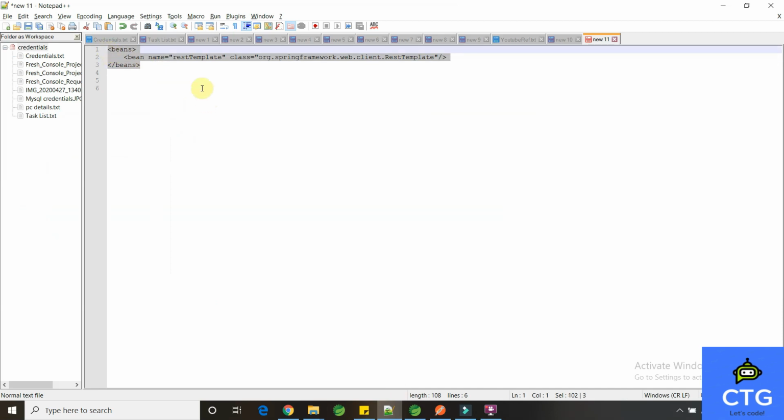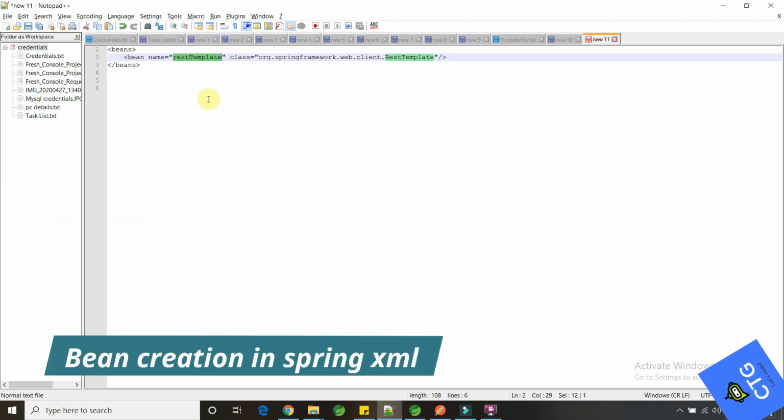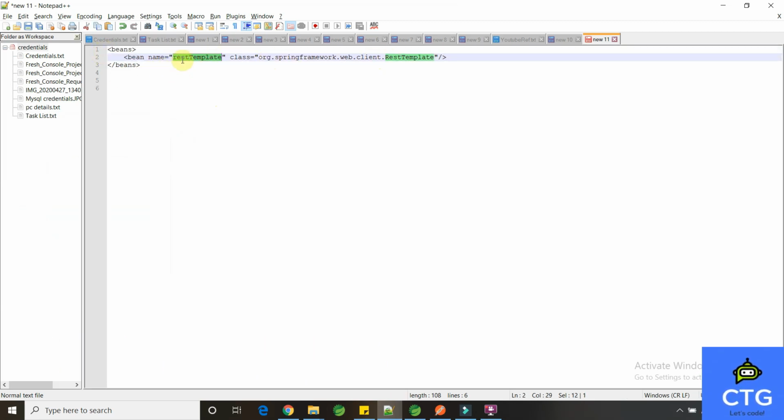In earlier days, we used to create all the bean definitions in XML. We would define the class path and name it with the respective bean name. Then we had to assign this object to the respective controller or service, either by creating a getter and setter or by using autowiring. Only by using that would we get the object and then proceed with our business logic.